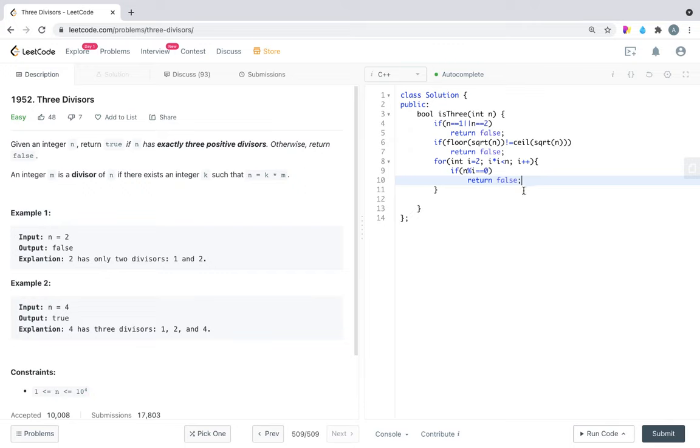Like for number 6, if we get divisor 2, then another divisor will come, that is 3. So that will increase the number of divisors to at least 4. So like this we are checking and returning false. And if all these cases pass successfully, then we can return true.